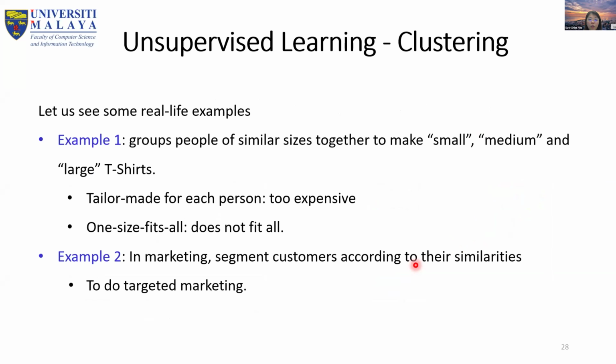For example, a group of similar sizes together to make small, medium, and large t-shirts. Tailor-made clothing for each person would be possible, but it's too expensive. So that's why we group different people into small, medium, and large based on their size. Or in marketing, we segment customers according to their similarity, so that you can plan marketing strategies to target specific users that match with their